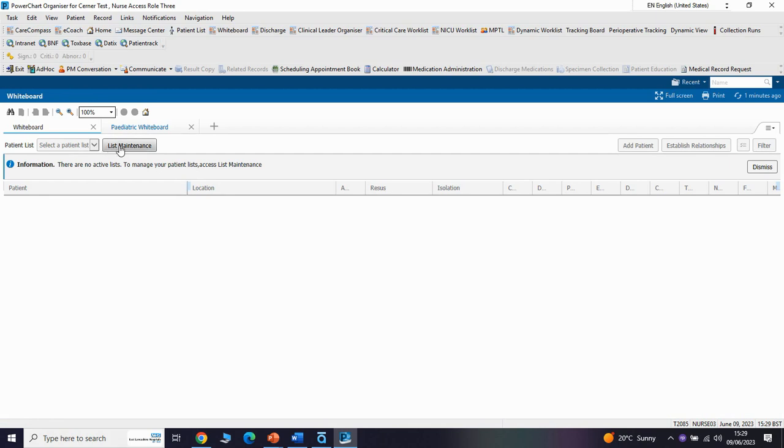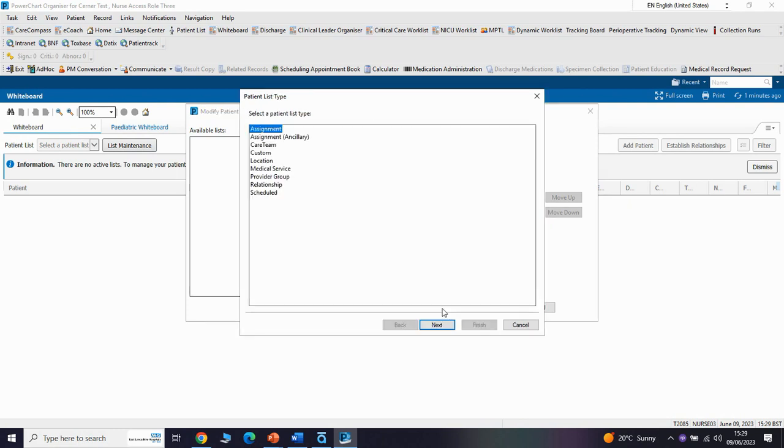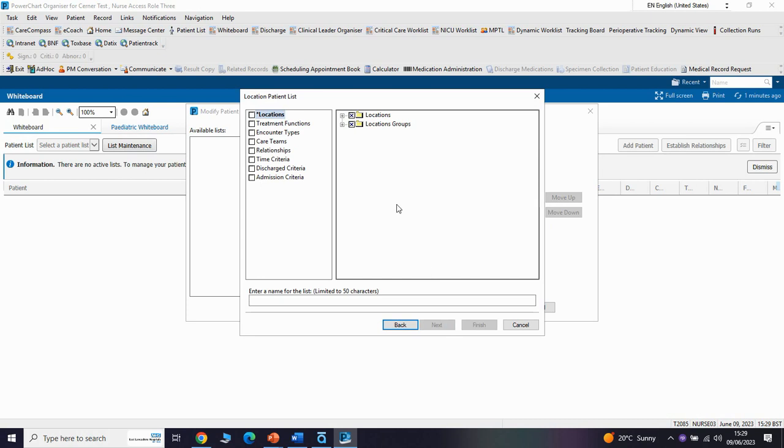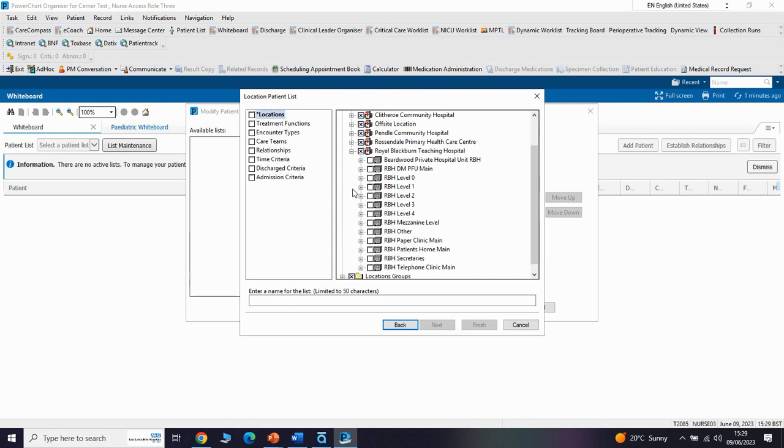To create a list, click on List Maintenance. Any list you have created will appear either in Available List or under Active List. If the list is not there, click on New, click on Location, click on Next. Where it says Locations, click on the plus sign, select the hospital you need, select the area or level for that ward,